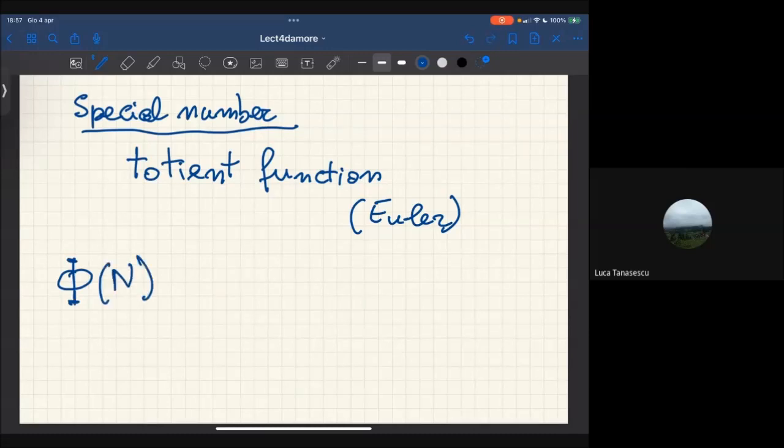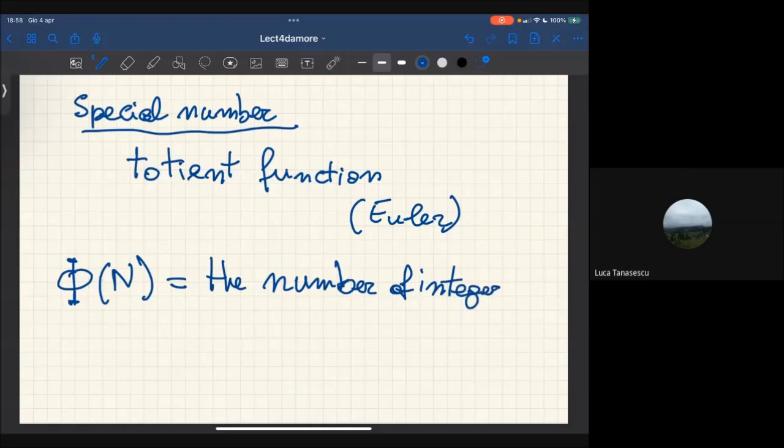By definition, phi of a number n is the number of integers that are smaller than n,